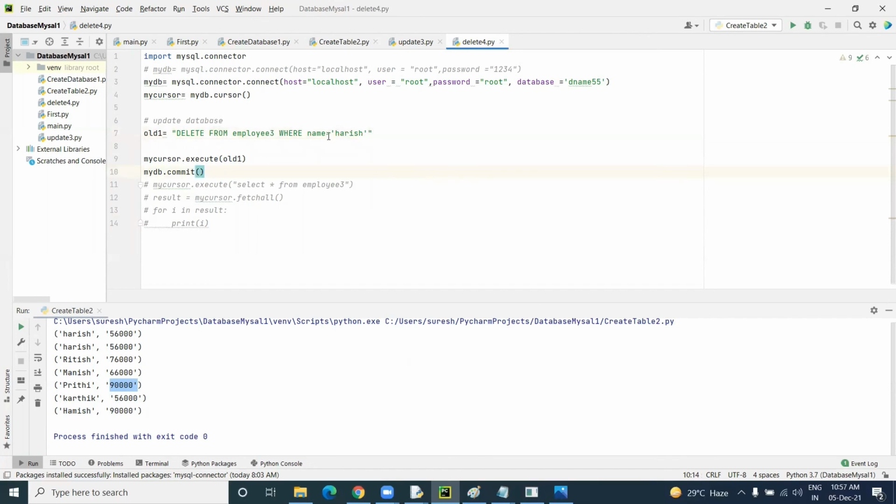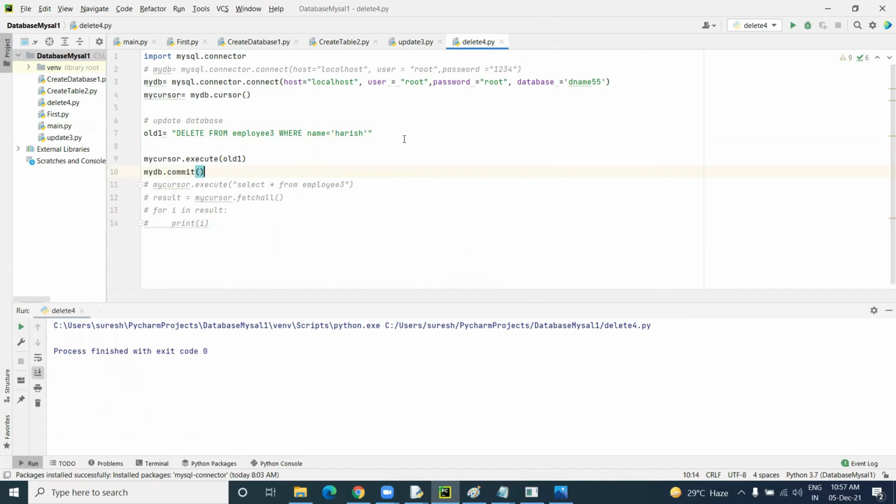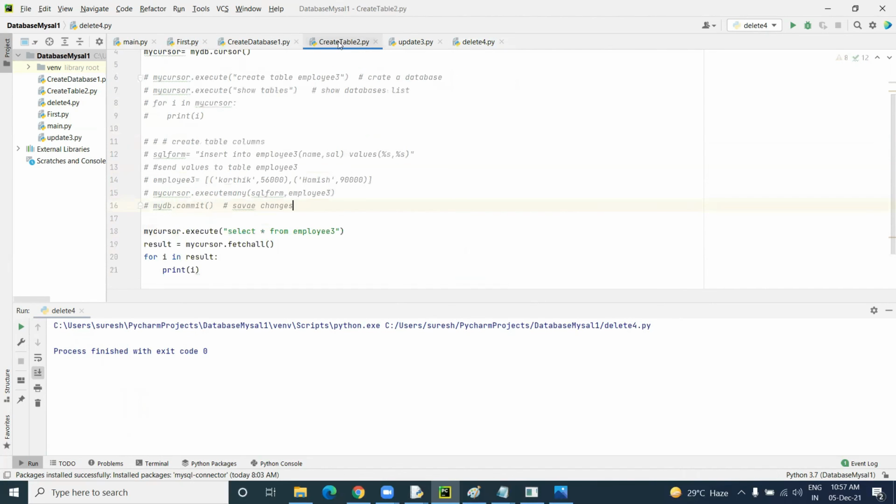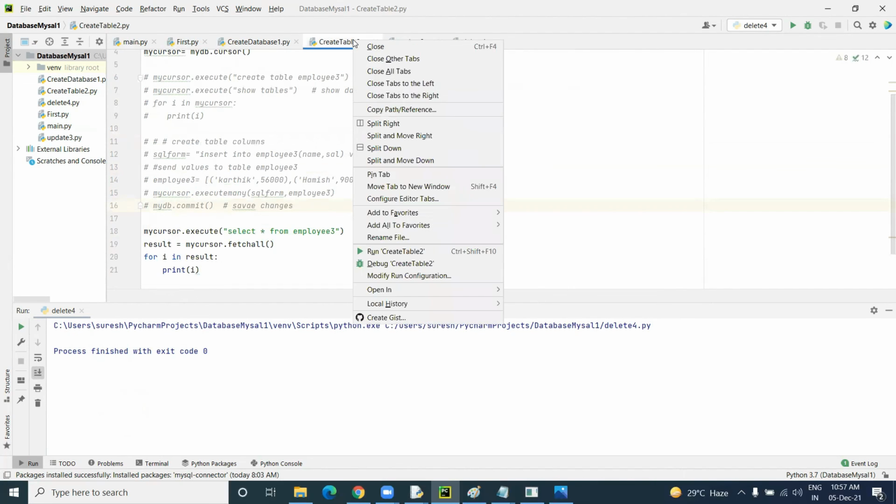So just see Harish. We have multiple rows, so it will delete however many there are. So execute the same thing and commit, save, and we can see the information. So just go and execute and see the result. Just go and run. Delete. It is successfully deleted, no error. And if you want to check the information, just go and run the application.